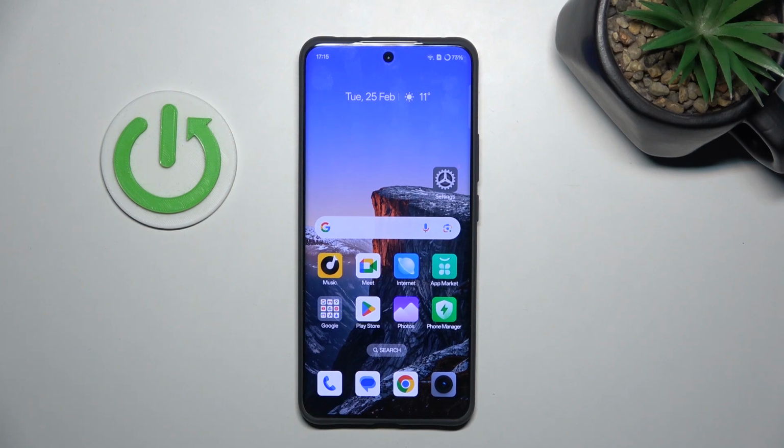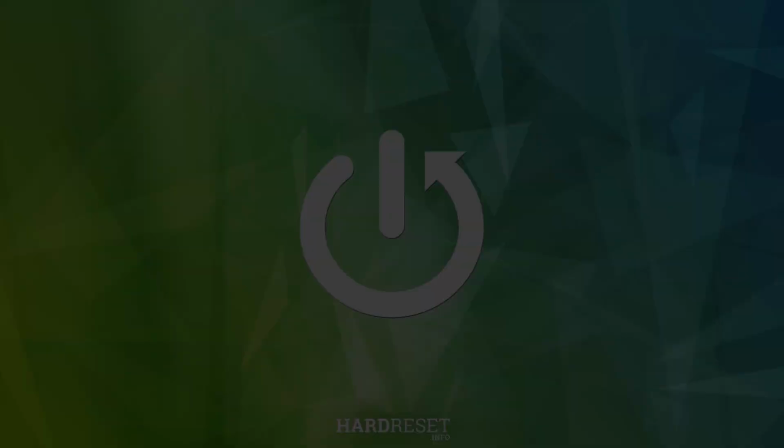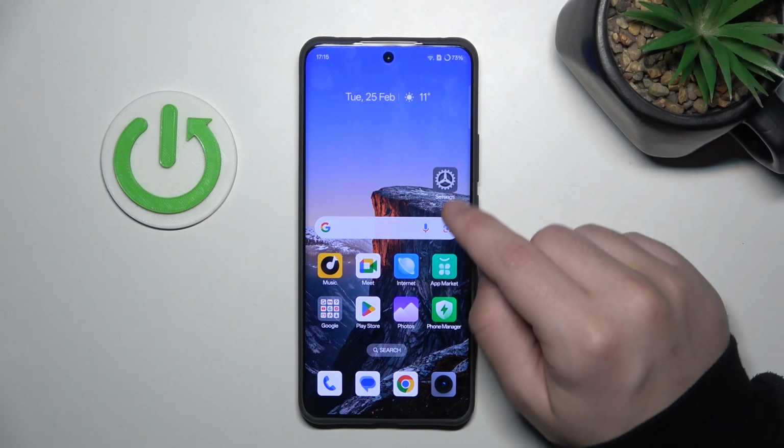Hello, in this video I'm gonna show you the top tricks on the REALME 14 Pro. Okay, so let's begin. First, let's go into the settings,